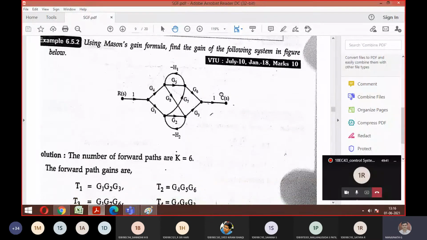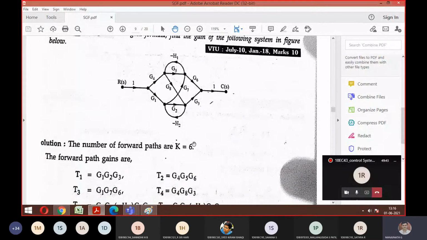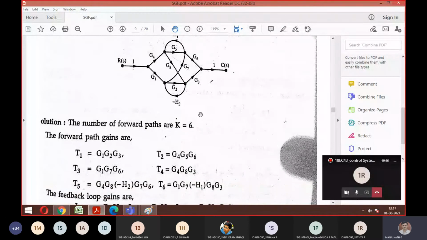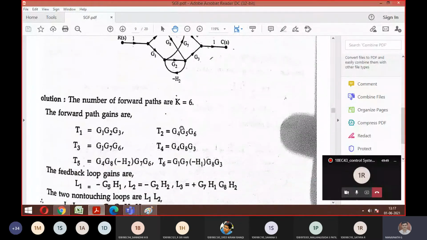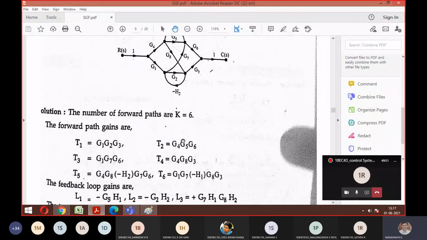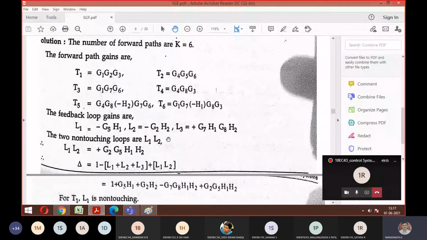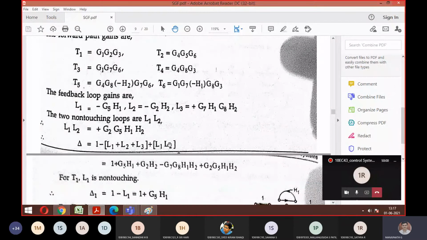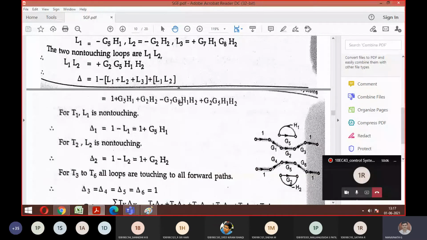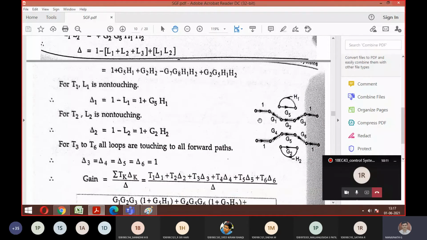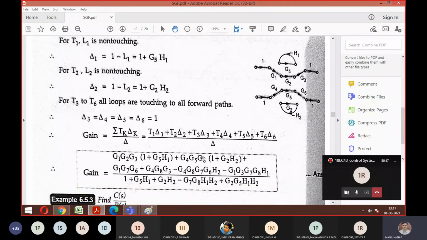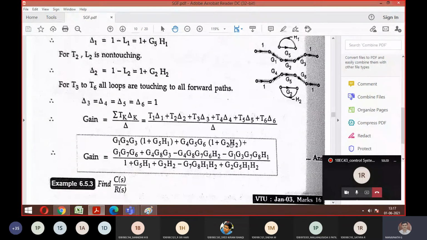So this was the problem that we have solved. You can look at the things that you just analyzed. Paths are 6, that is the first step. We wrote all the answers for T1, T2 till that. Then we identified the loops. Then we went for non-touching loops by looking at the loops we have. Then we found delta. So 3 non-touching loops were not there. That's why the formula didn't go further. It has ended here. So this is the delta answer. Then we found delta 1, delta 2, delta 3. We analyzed the graph, the touching paths, non-touching paths you have written here, and everything is dumped in the expansion formula. So this will give you the final answer.